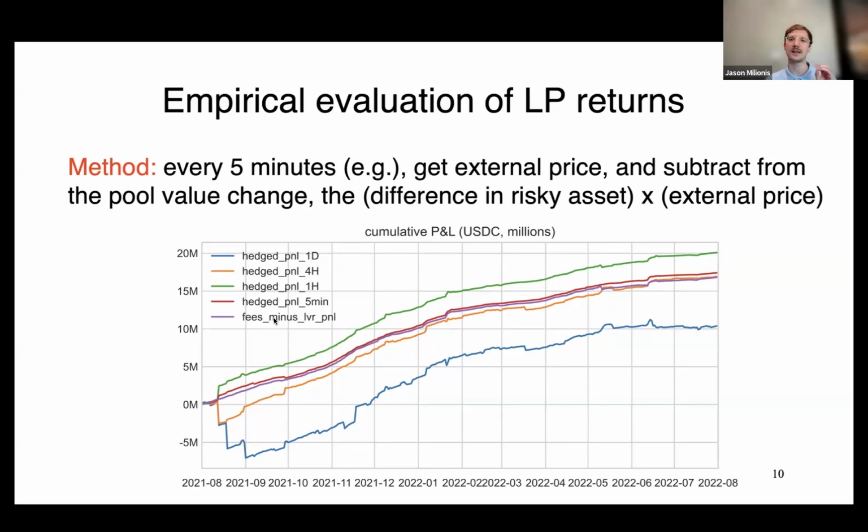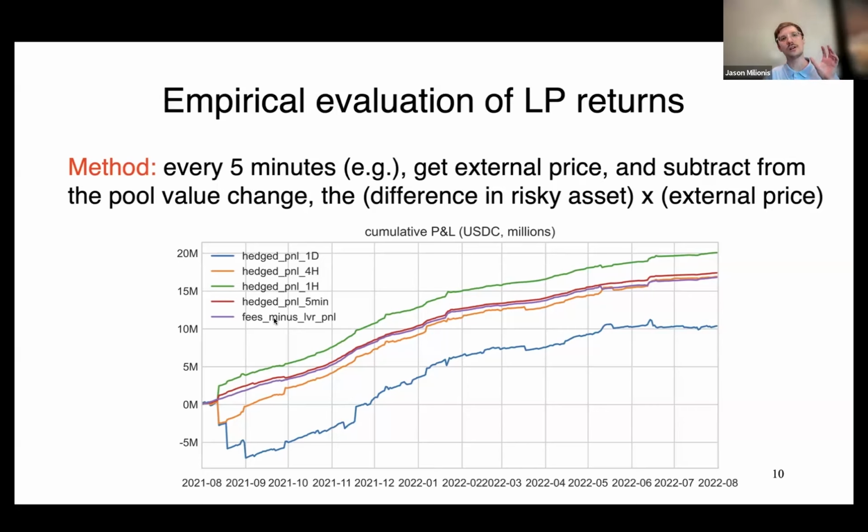And specifically, what we're interested in here is the hedged returns of the pool, so what the liquidity providers of the pool actually obtain. Based on the interpretation that I talked about before, you can very easily evaluate the returns of the liquidity providers in an AMM pool with only a couple of additions and multiplications. And so the method that we talked about before, what is it? It is that at a regular interval, let's say, for example, 5 minutes, here in the empirics you can also see various other intervals like 1 hour, 4 hours, and maybe even a day.